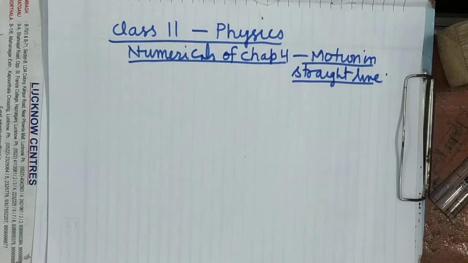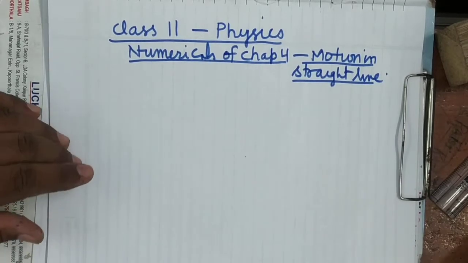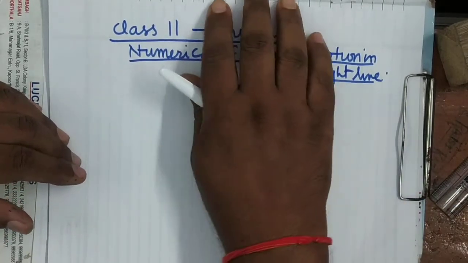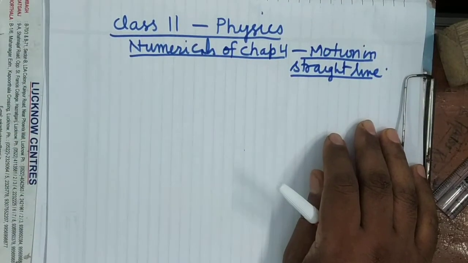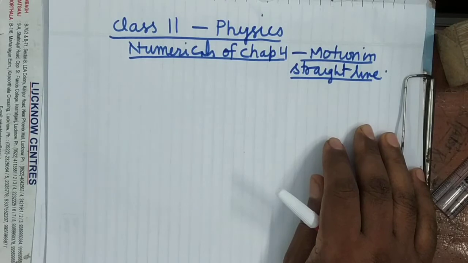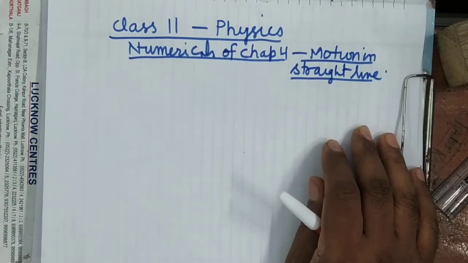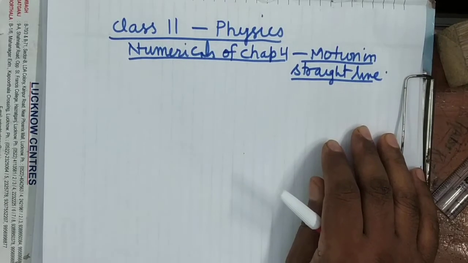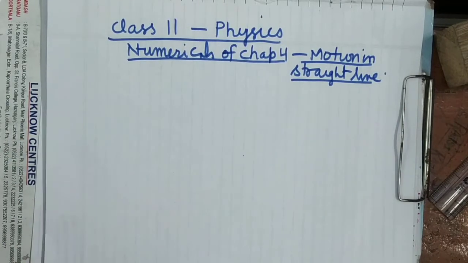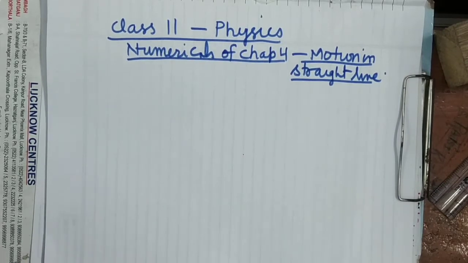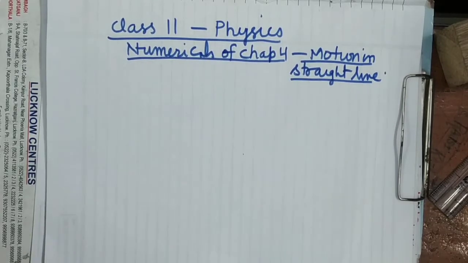Hello students, today I am going to do some numericals based on chapter 4, which is motion in straight line in your book. This is the chapter motion in straight line, kinematics. We will do some numericals of kinematics chapter. Is it clear? Now see here, in the previous lecture also I told you some questions over the calculus,